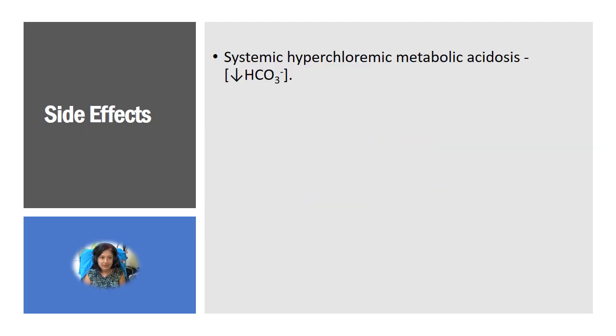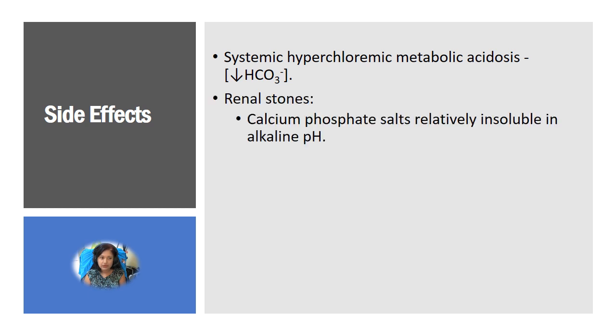Side effects include a severe reduction in concentration of bicarbonate ions leading to systemic hyperchloremic metabolic acidosis. Because calcium-based renal stones are insoluble in alkaline pH, making the pH of urine more alkaline would cause crystallization of calcium phosphates in the kidney, resulting in kidney stones,